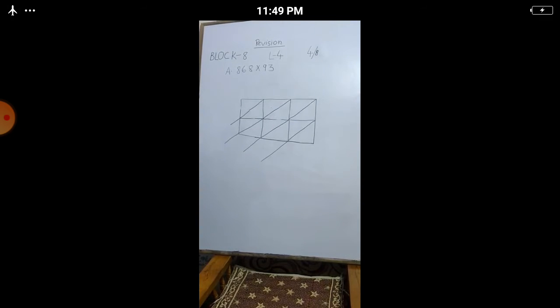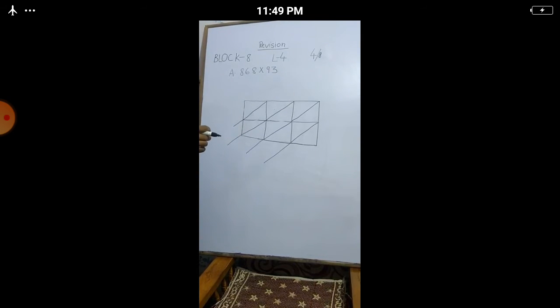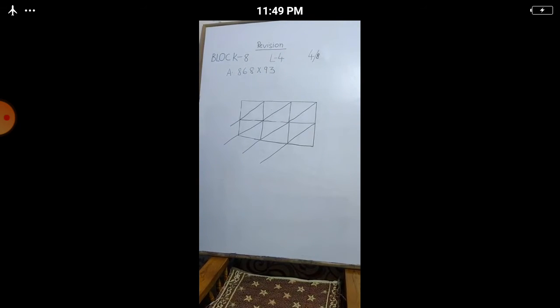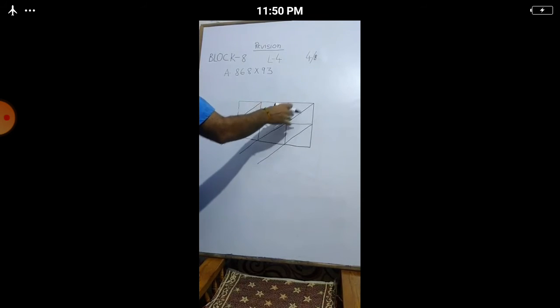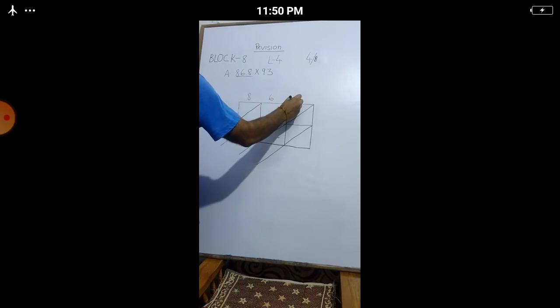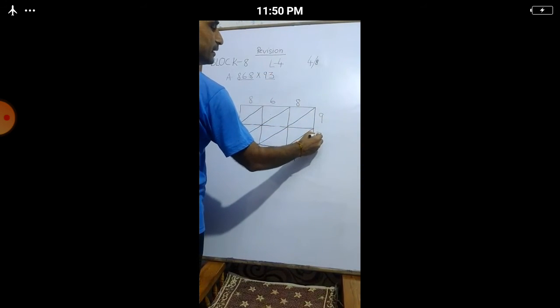Lesson 4, multiplying 3-digit numbers with 2-digit numbers with regrouping. My first question is, how is the lattice method different from the column method? So children, in the column method we write one number below the other, but in the lattice method we write a number above the grid and on the right side of the grid. Here you can see the multiplicand, so 8 6 8 on the grid, and 93, so 9 3 on the right side of the grid.